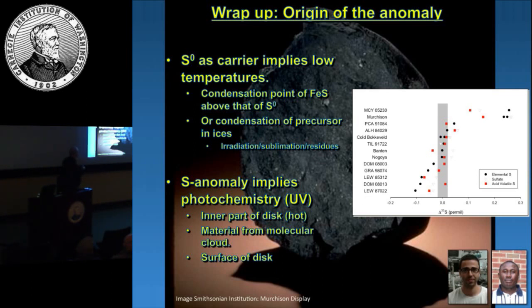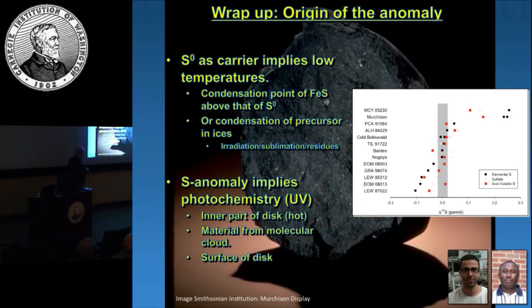It is a possibility that we had elemental sulfur or a precursor that condensed in ices. The experimental work that has been done, meant to model nebular ices as well as molecular cloud ices, shows that if you form ices with sulfide, irradiate them, and then sublimate them, they leave behind residues with elemental sulfur and like compounds in them. So it could very well be associated with some sort of low temperature condensation.